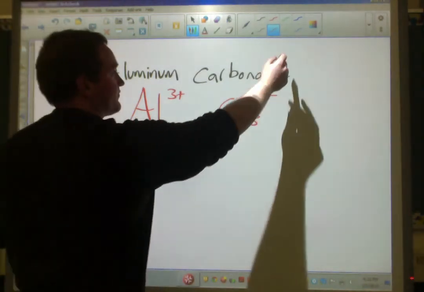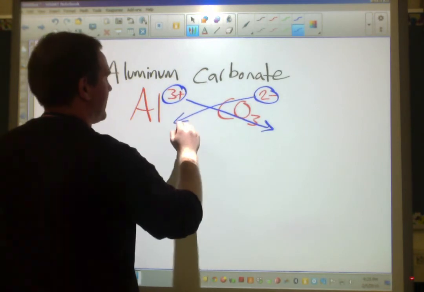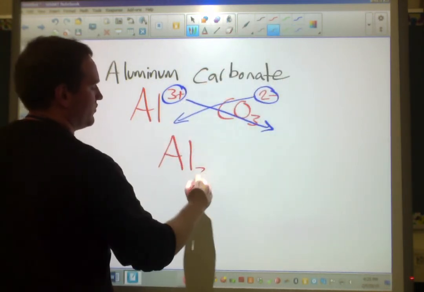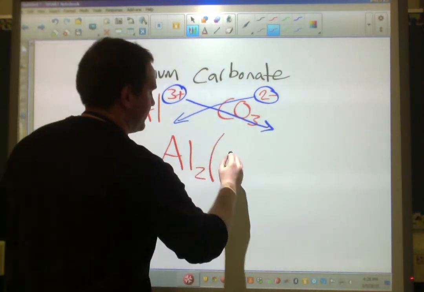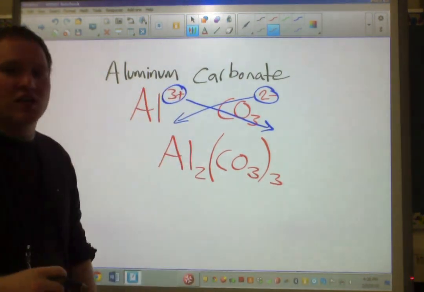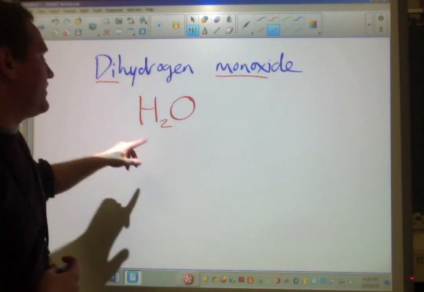Crisscross rule. 3 goes down here. 2 goes down here. What I end up with is Al2. But I have 3 carbonates, so I put it in parentheses. CO3, close parentheses, 3. It's really important that you don't include any charges in any of these